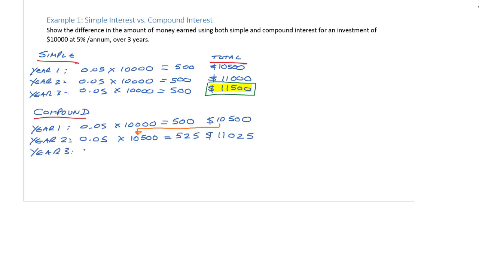All right, year 3, same idea. It's 5% again. Again, we don't times it by 10,000. We times it by the total. So what happens is at the end of the year, they take the interest, the $525, they add it to the total, and then we get to find interest for the next year on that total amount. So we get to keep putting the total in there. So we're going to times that by $11,025, and when we do that, we're going to get $551.25. So notice every year the amount of interest I get is increasing. So at the end of 3 years, we have $11,576.25. So notice how we made $76.25 more than the simple interest,